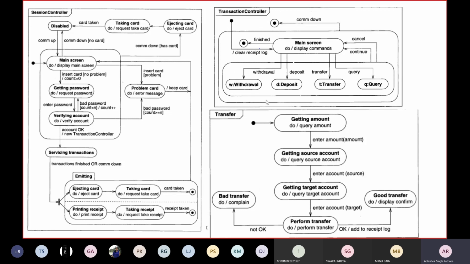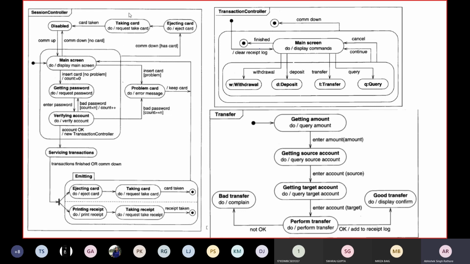Now considering these two examples, this shows your transaction controller and then this session controller. The transaction controller and the session controller are distinguished because their purposes are much different.